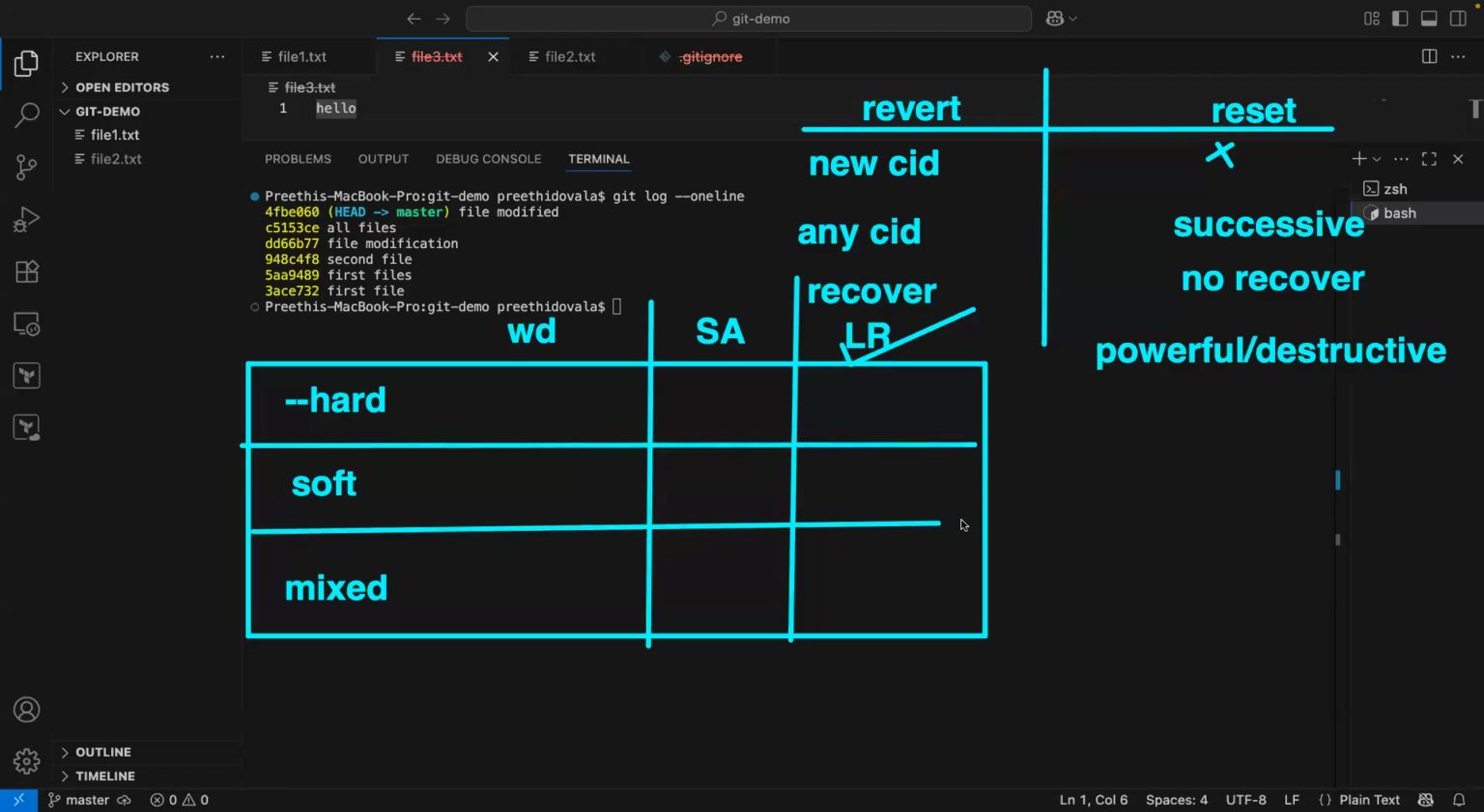The command would be the same. You will be using soft in place of hard or mixed. But what is the difference? Whenever you do your hard reset, changes will be gone completely from everywhere. That's why you cannot get them back. And if you use soft reset, changes are gone from the working directory, but changes are gone from